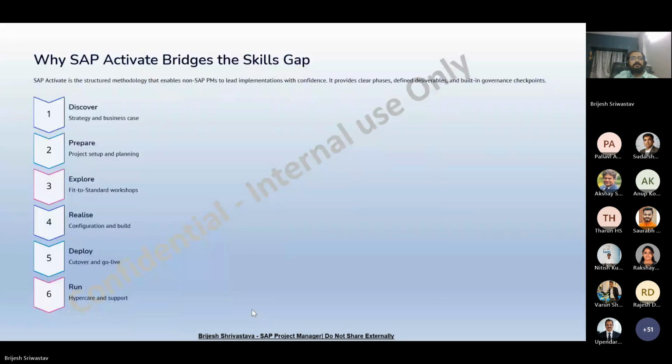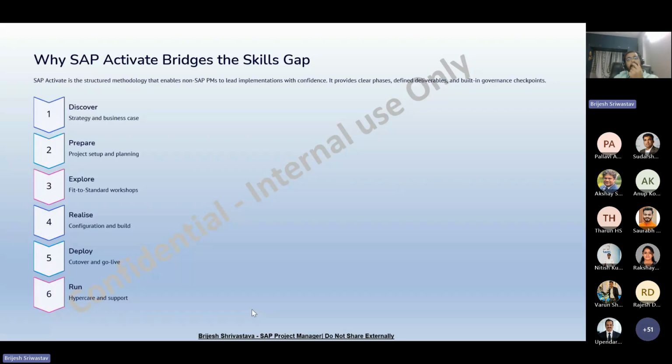Okay. So here, why does SAP Activate bridge the skill gap? How do we bridge the gap? Of course, the answer is the SAP Activate methodology. SAP Activate provides a structured and proven framework that guides an SAP project manager through the complete SAP implementation lifecycle.